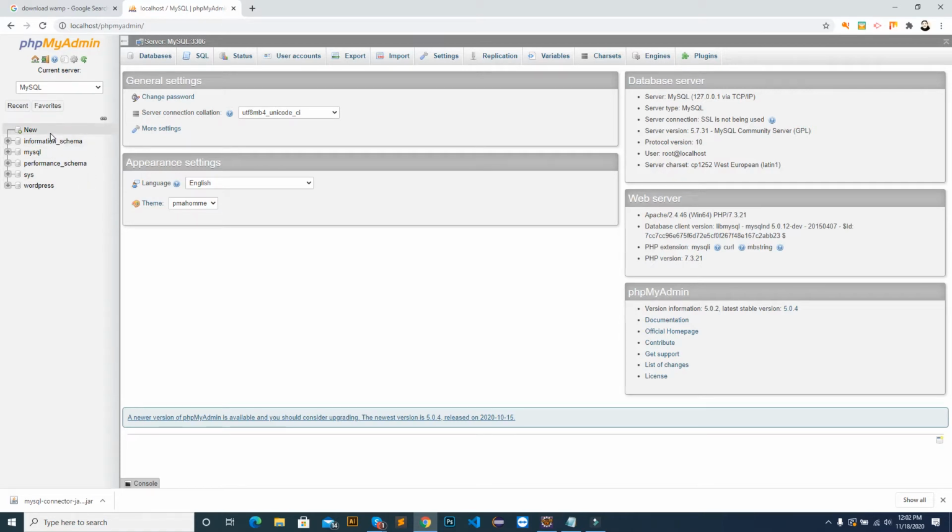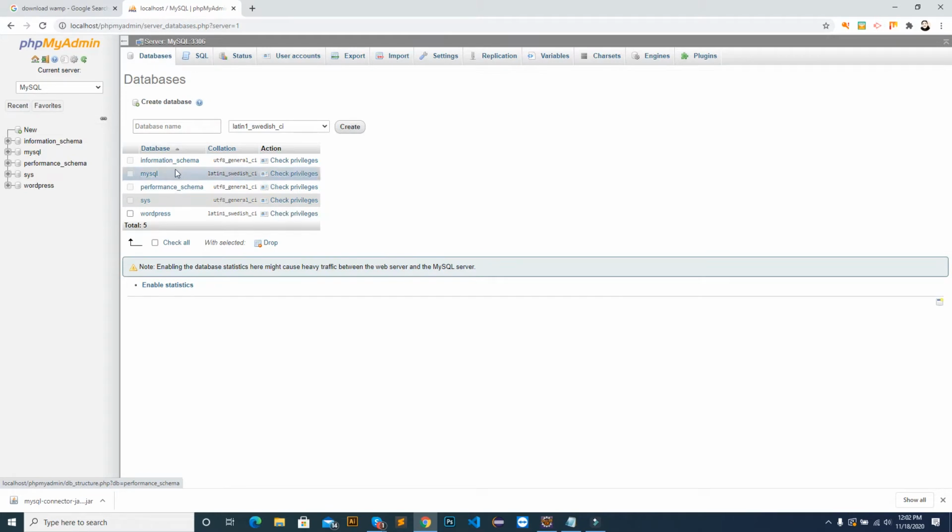Now I want to create a database. The database management system, MySQL, has been installed. When you click new, you see the create database box.